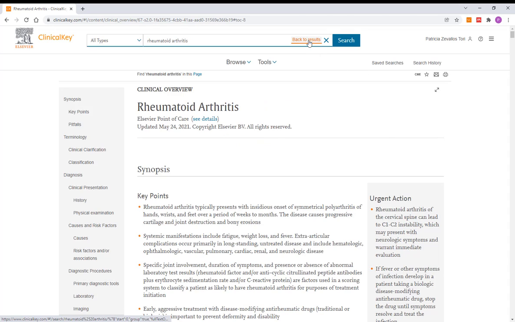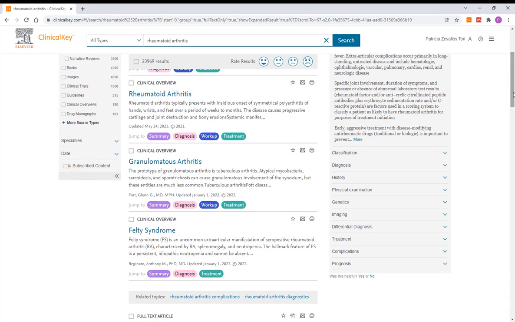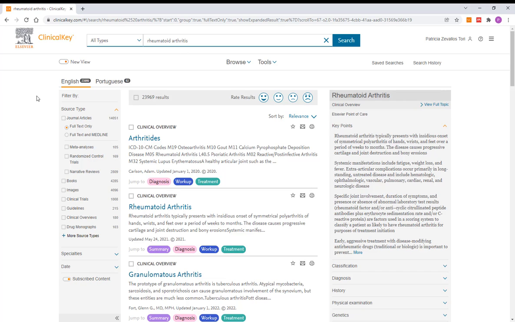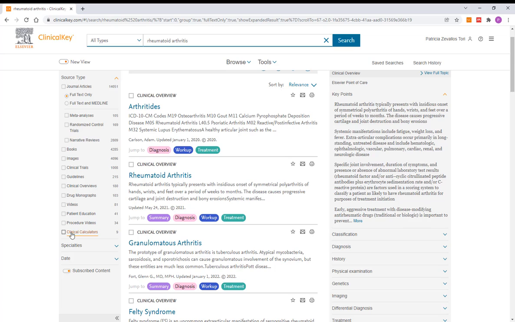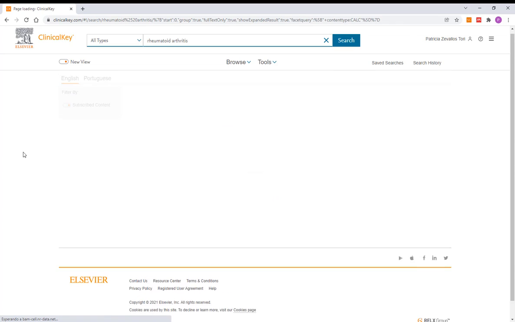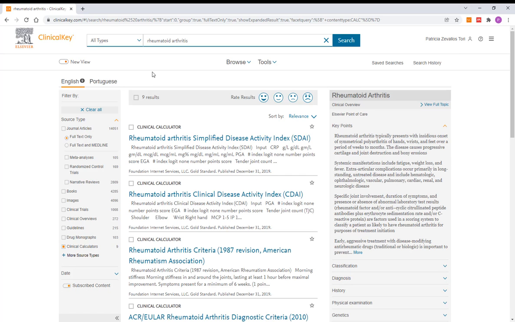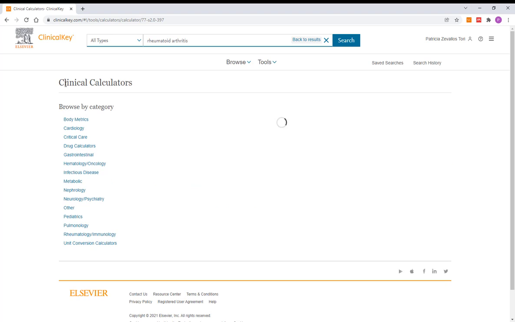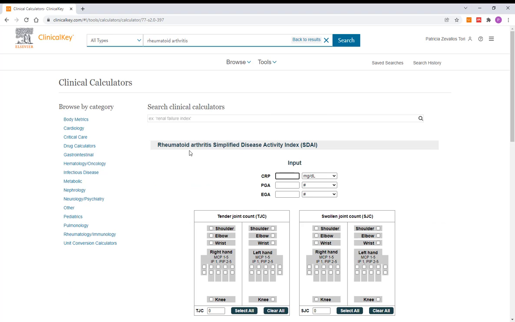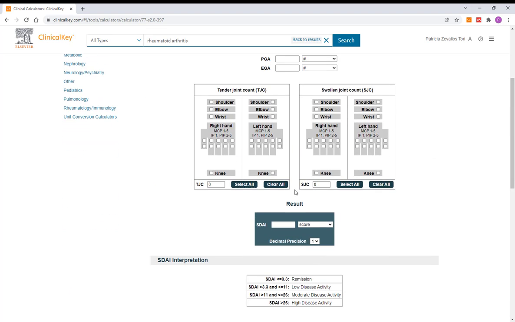Going back to the results, we also have this new content in Clinical Key that is related to the clinical calculators. We have also the opportunity to filter by calculators, and let's go, for example, to this calculator where we can see more in-depth information of this calculator and use it.